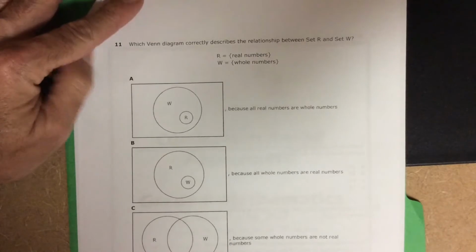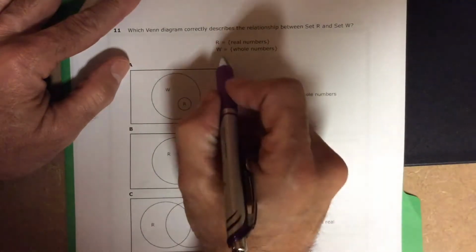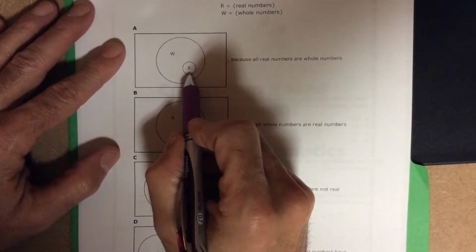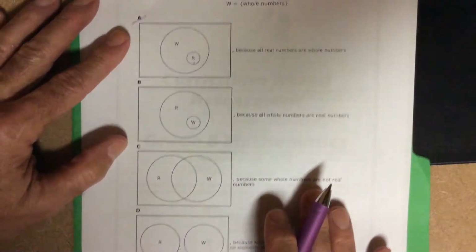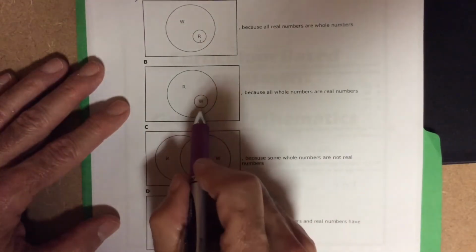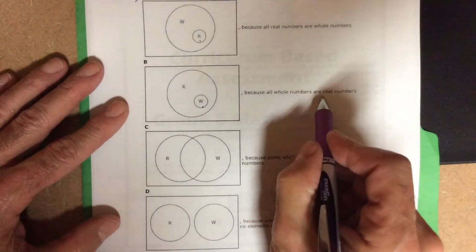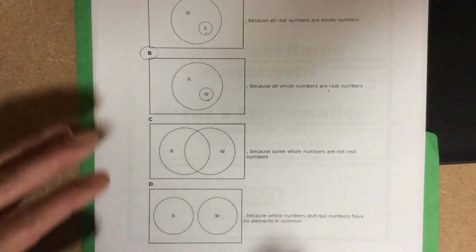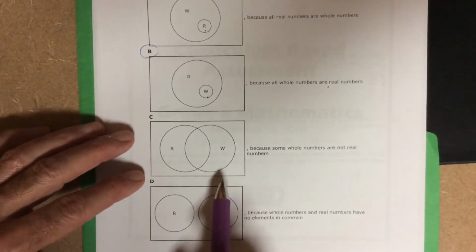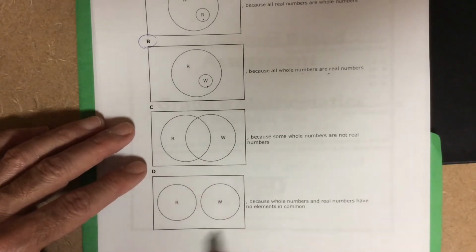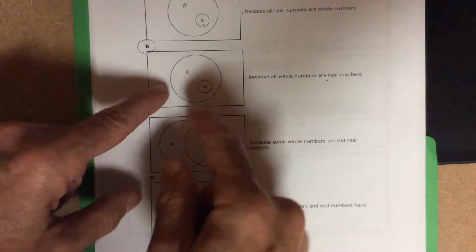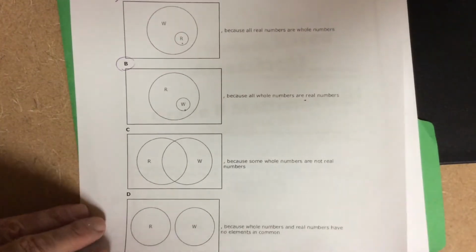11. I don't think very many of you missed this. Whole numbers sit inside of real numbers. This has real numbers as a smaller group. Real numbers is the all-encompassing group. This has all whole numbers are real. Yep, all whole numbers are real. They fit inside. All the whole numbers are inside the real number group. Yeah, these are kind of crazy. It's a direct relationship. You're going to see concentric circles inside of each other. Okay, I'm going to make it